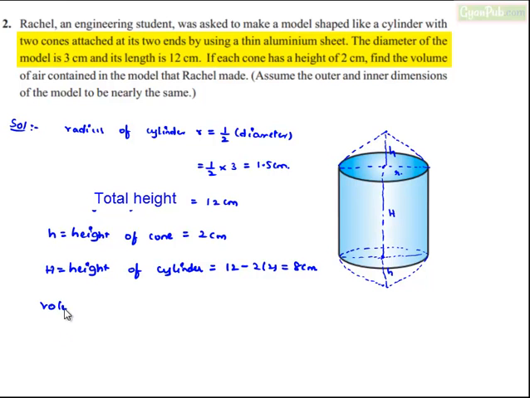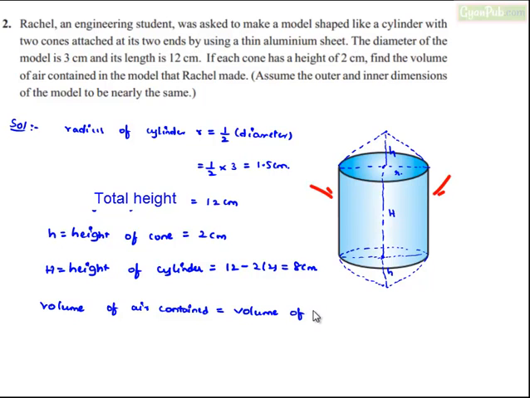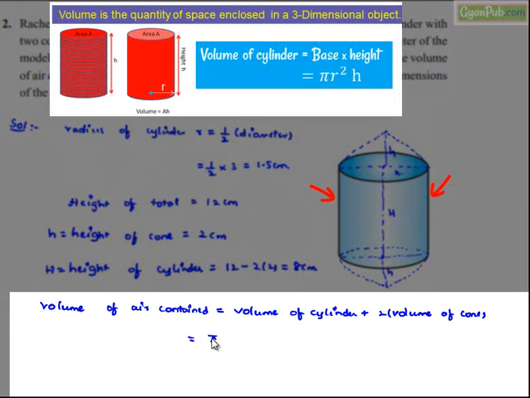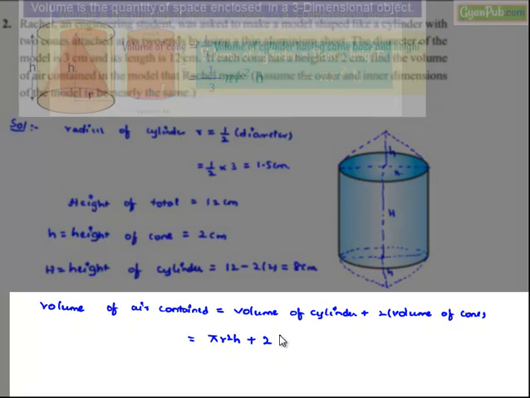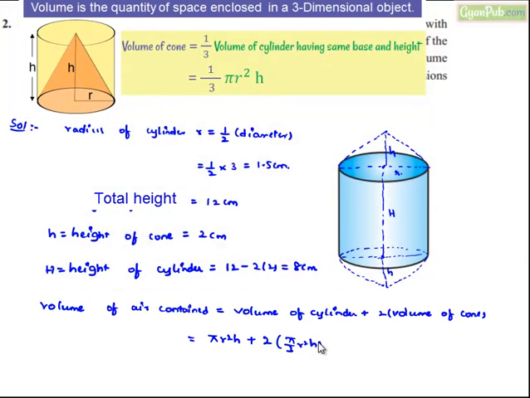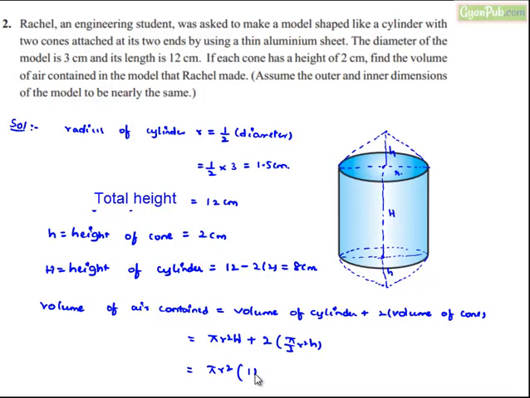Now the volume of air contained in the structure made is equal to the volume of the cylinder plus 2 times the volume of the cone, that is, the volume of the cylinder is pi r square H plus 2 times the volume of the cone, pi by 3 r square h. Let us take pi r square common, into capital H plus 2 by 3 small h,